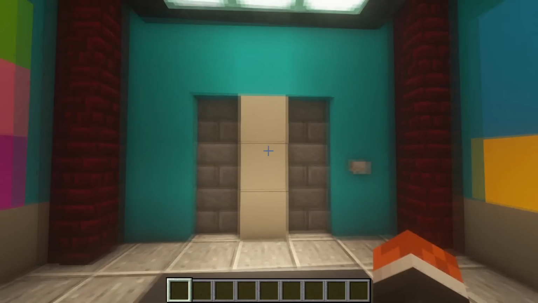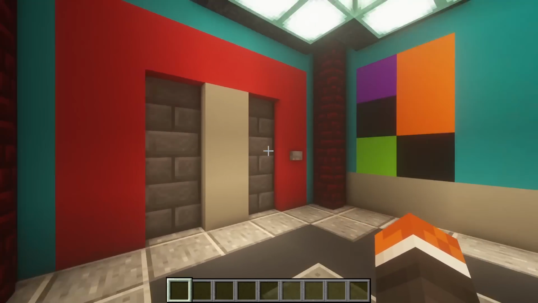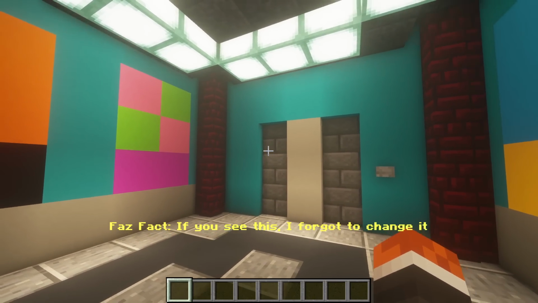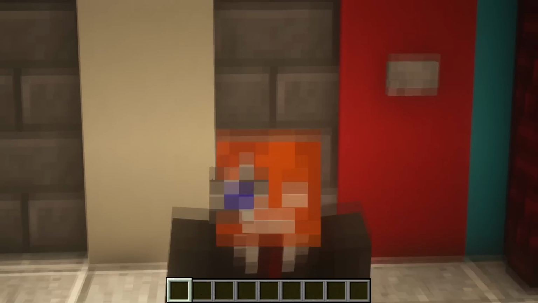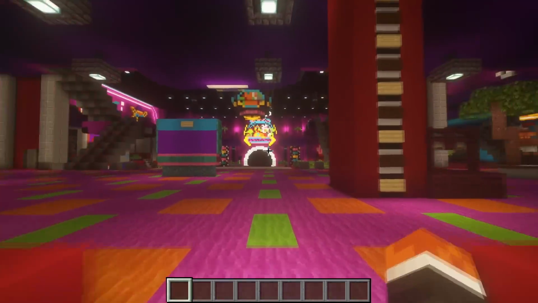But now if we want to go to the atrium, we're going to click this button. The doors are going to close behind us, and we get the elevator music that plays. So I'm going to be quiet as that plays out. And then it stops, and then the doors open up, and we get the...